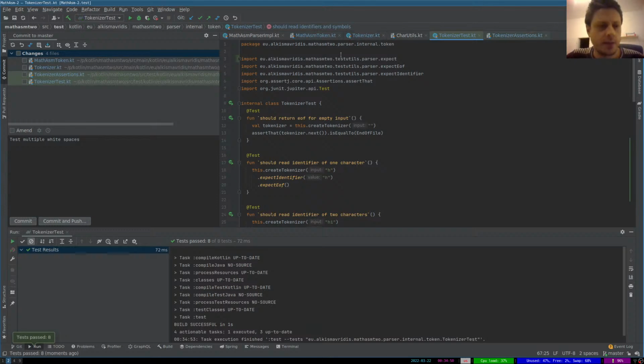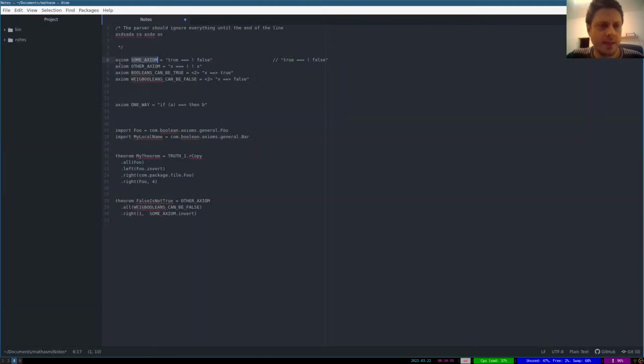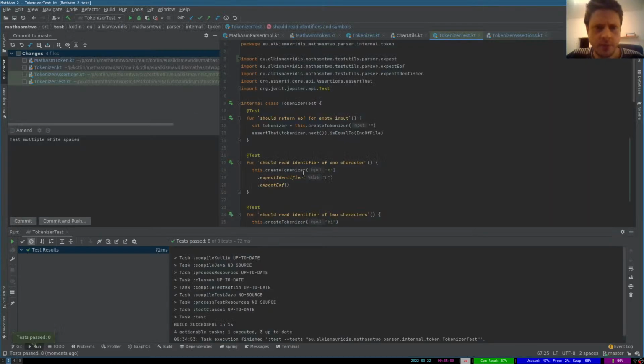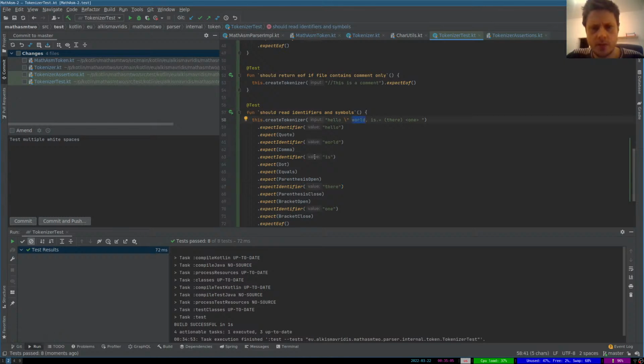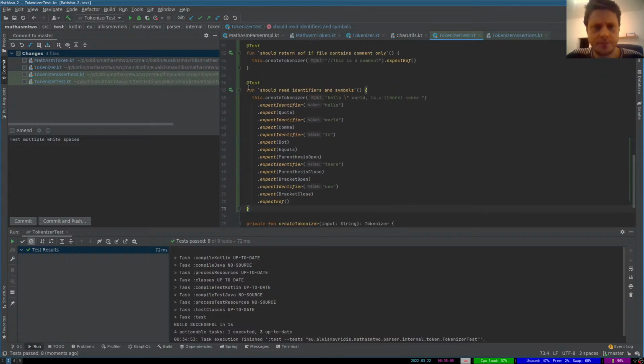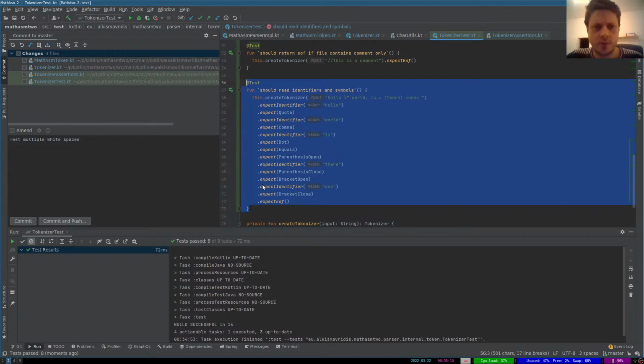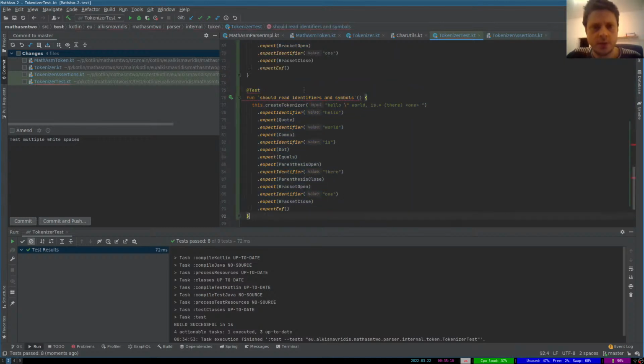Okay, now we can handle identifiers. We can handle keywords. Let's test the keywords. Okay, let's do that. It should recognize keywords,